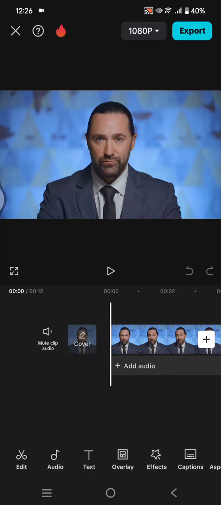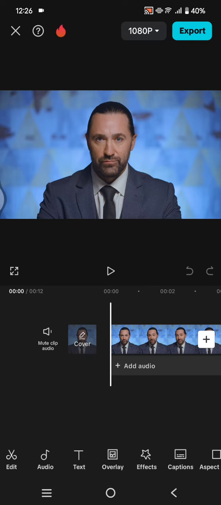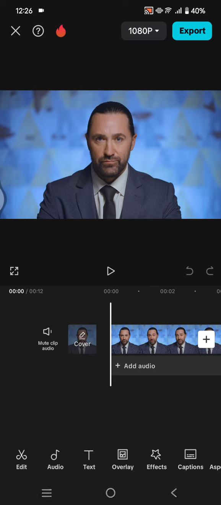On today's tutorial, I'm going to show you how you can use the new feature on CapCut AI Writer. So this feature is still on beta, but you can use it if you are on the latest CapCut version. The AI Writer will let you generate scripts or narrations for your videos easily only by adding